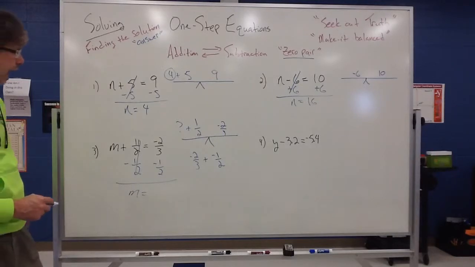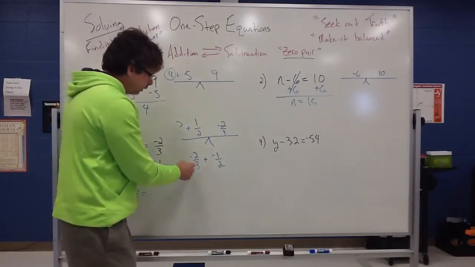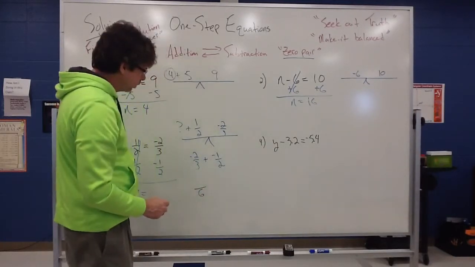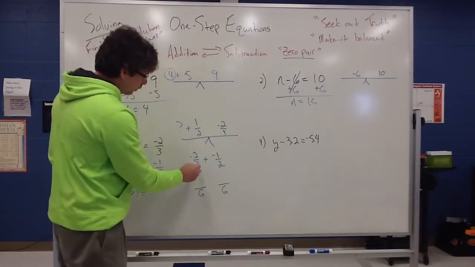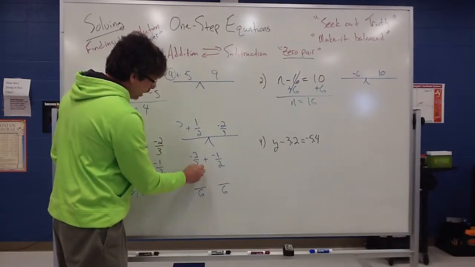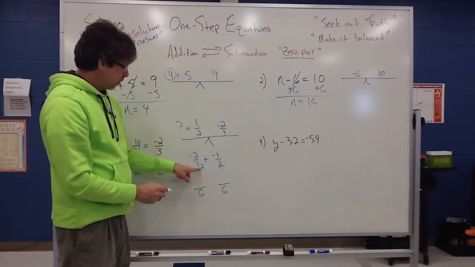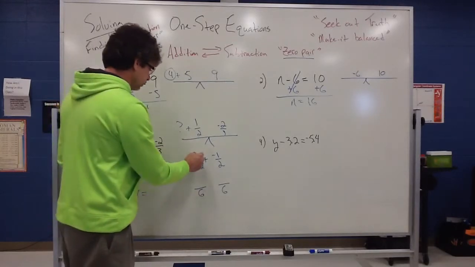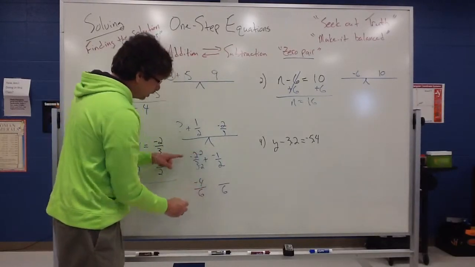So when you're adding fractions, we need a common denominator. And we should see that 6 is a common denominator here. So I'm going to change my denominators to 6's, and I got to remember, well, what did I do to a 3 to make that a 6? Well, I had to multiply that by 2. But remember, to keep fractions equivalent, if I multiply that bottom by 2, I must keep that equivalent by multiplying the top by 2. So negative 2 times 2 gives me negative 4,